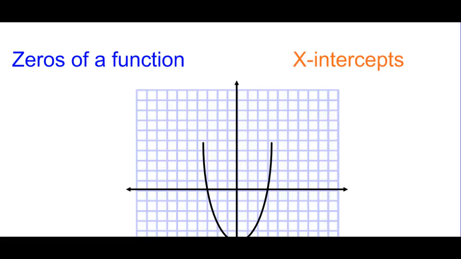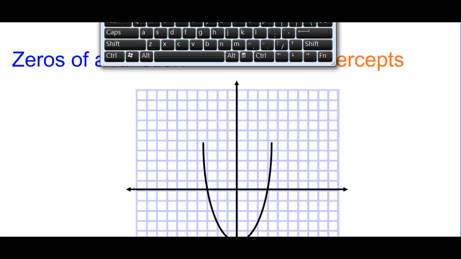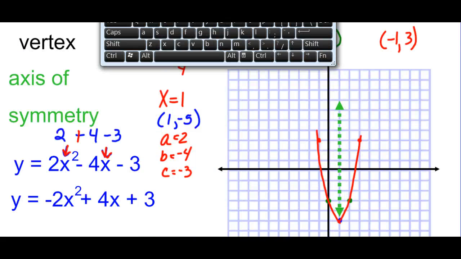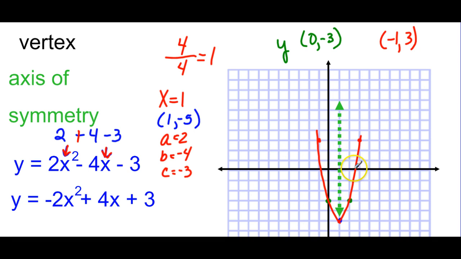Zeros of a function are the same thing as the x-intercepts. Okay, so if I go back to this, my zeros are going to be right here and right here. Now, this is one of the problems with graphing, is that sometimes it's hard to determine exactly what the value is, because it looks like it's close to being 1, 2, maybe 2.5 here, and close to being